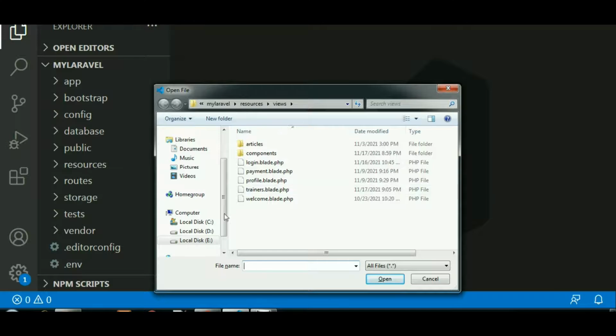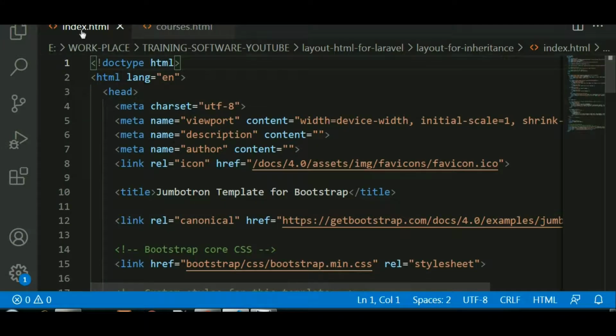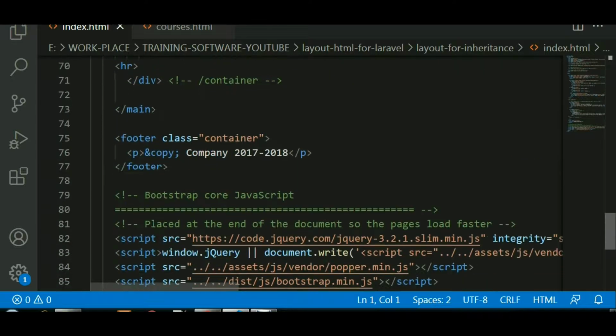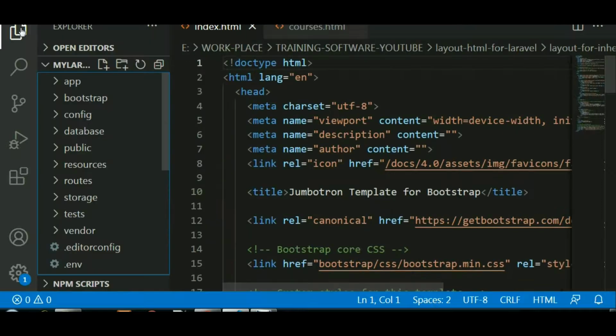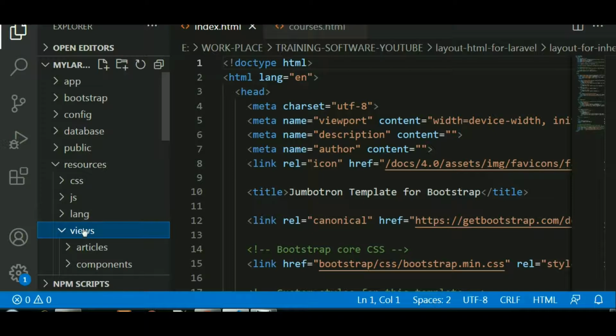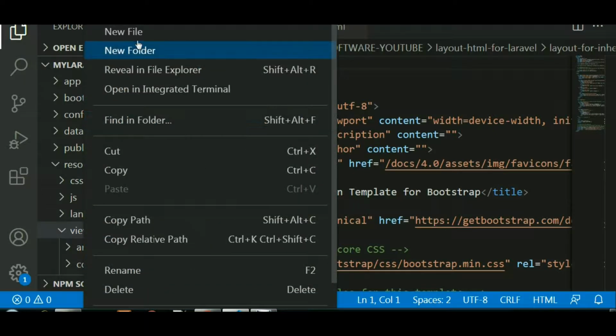This is the index.html file I downloaded from the Bootstrap examples. I want to create a layout, and for that you have to create a layout.blade.php file. In resources/views, create one file called layout.blade.php.